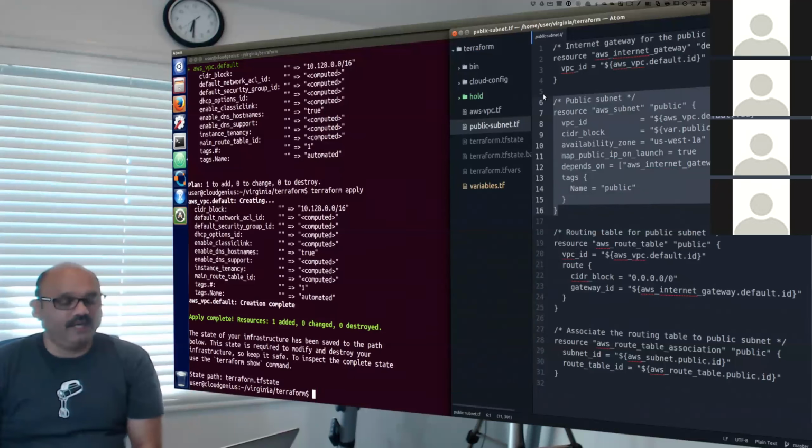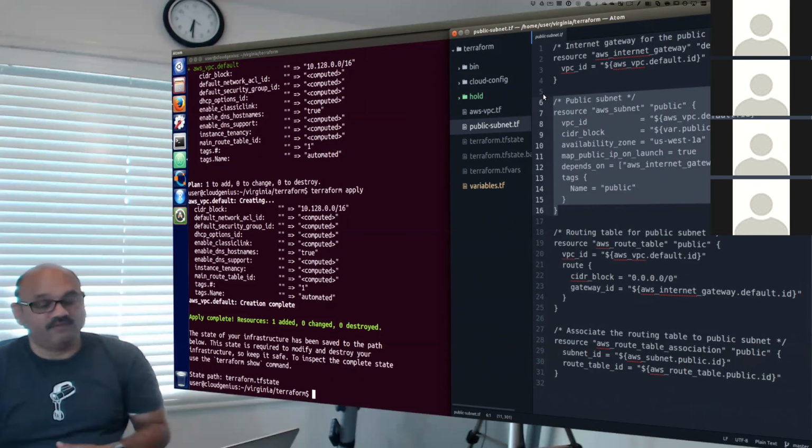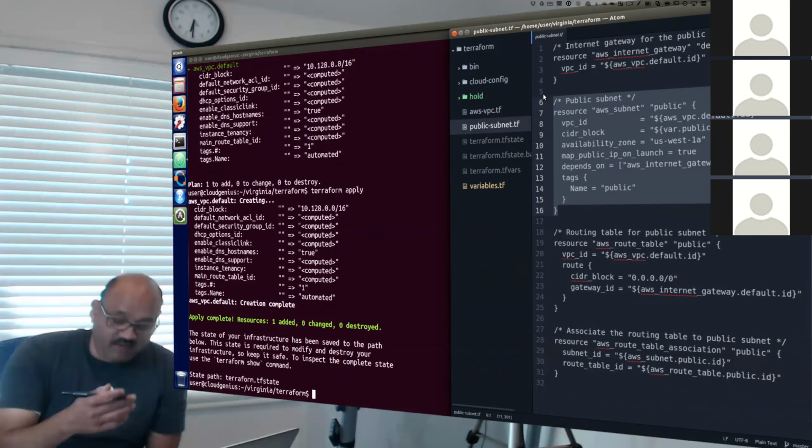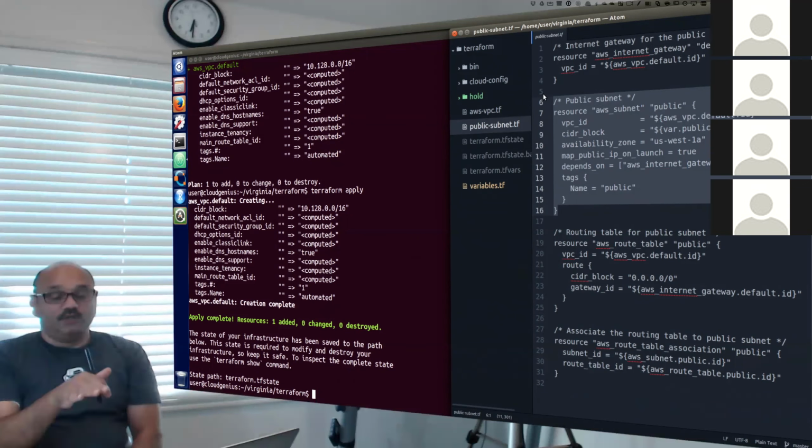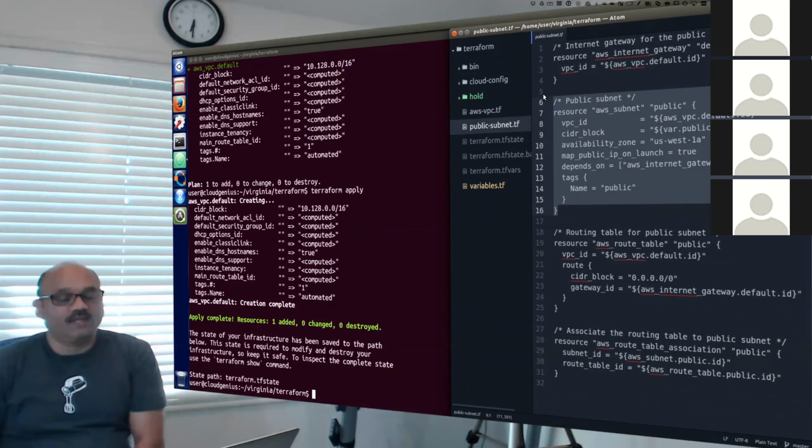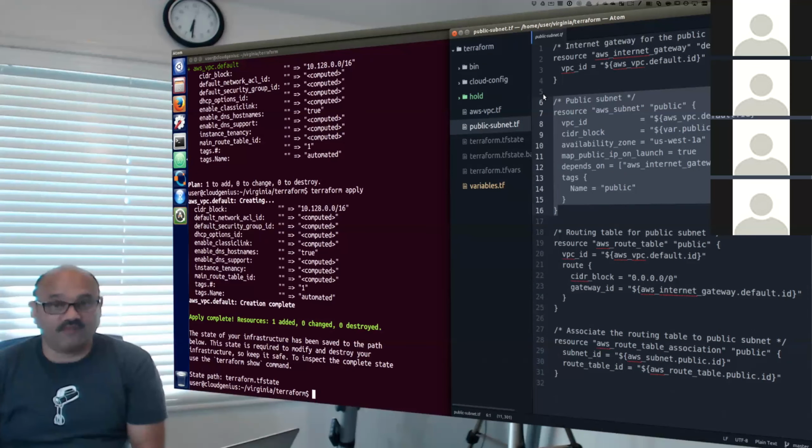If you read the lines inside, specifically line number 8, it tells you which VPC to use to create the subnet. We are using this expression, which refers to the VPC you created, so Terraform uses that VPC. We have assigned a CIDR block already in the variable definition.